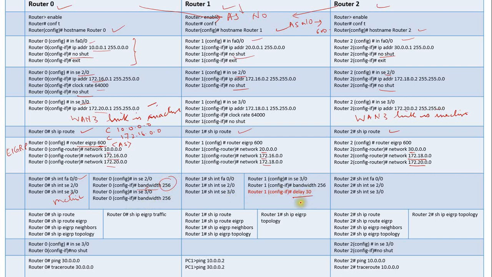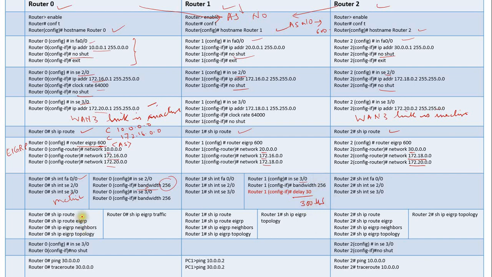But this delay 30 command will set a delay of 300 microseconds on this serial interface 3/0 of router 1. So you have to take care while setting the delay. The delay has to be set with 1/10 of the value which is required on that particular link.